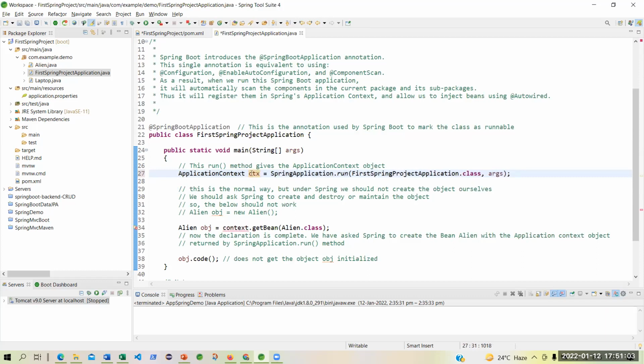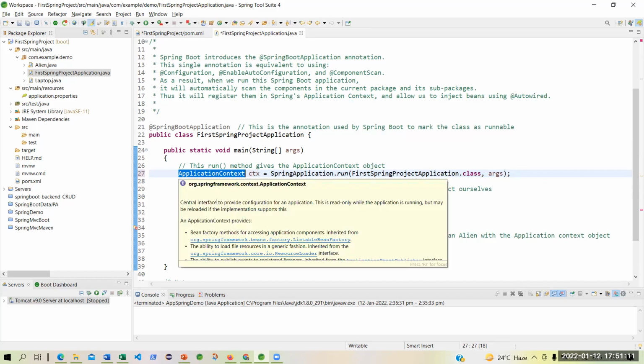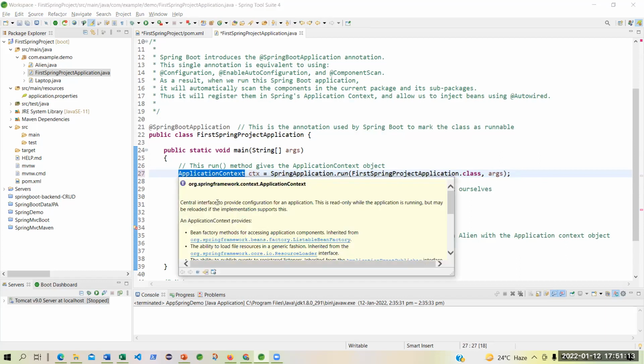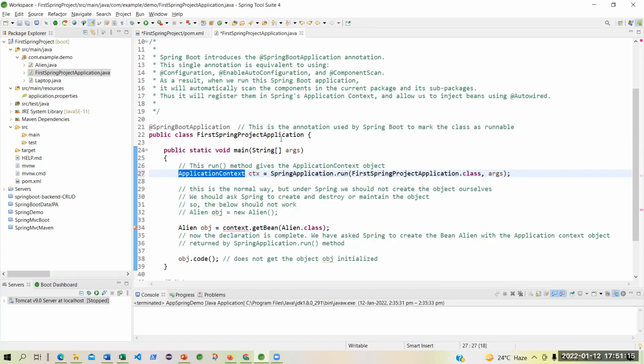This is the name of that object, an object of type application context. And application context is an interface. You are referring to this interface. Can you create an object from an interface? No. So you need some class which will implement the interface.